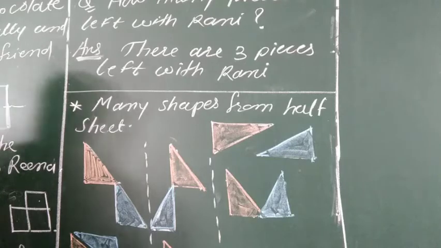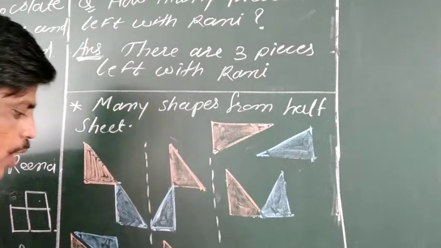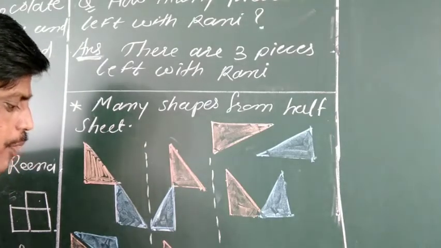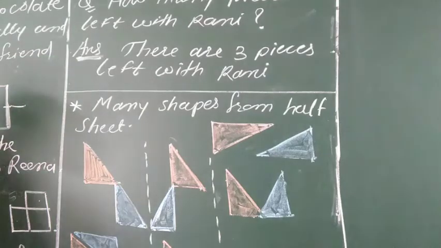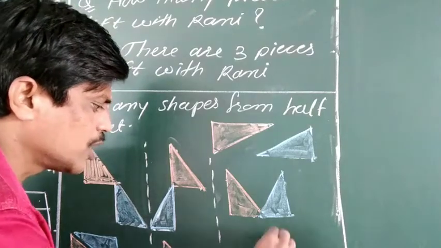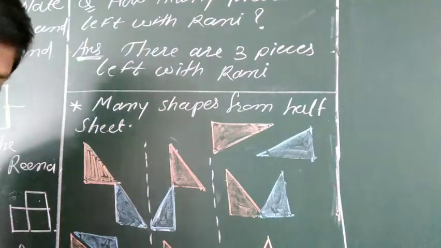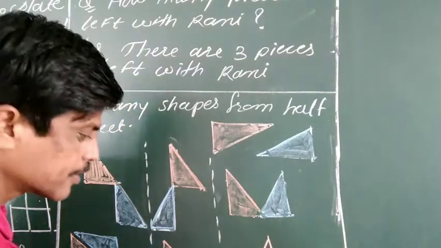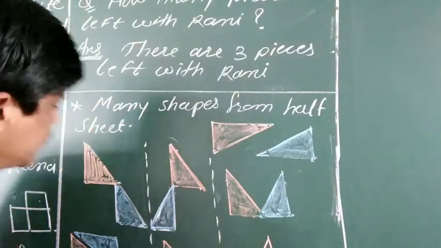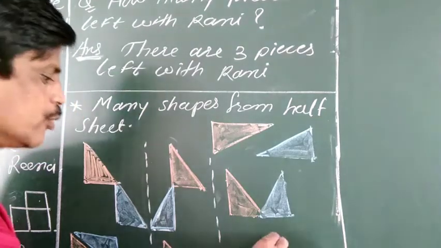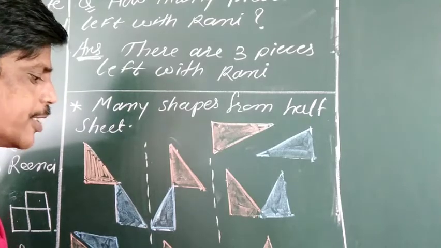See, this is one half. It is the pink color half. And now the next piece is your blue color half. See, like this. So like this we can make one more shape from here. See, this is your pink color half part, and now this one is your blue color part. So this way also you can make a different shape. There are many other shapes which we can make by joining these two half shapes.